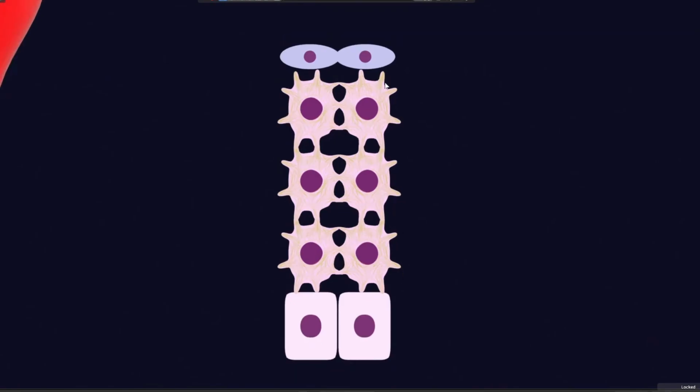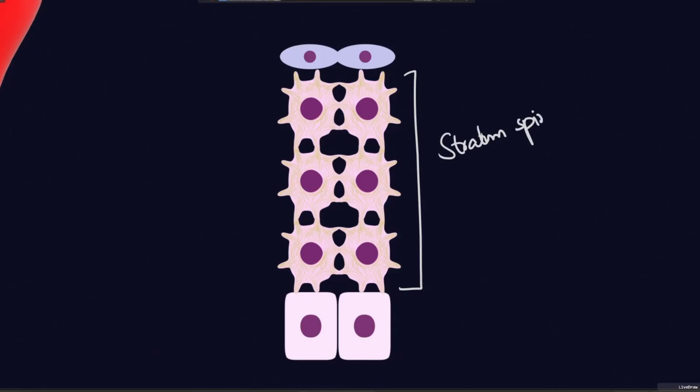So due to the presence of these spiny cells, the prominent feature of this layer is this spiny appearance. So that is why this group of layers is called